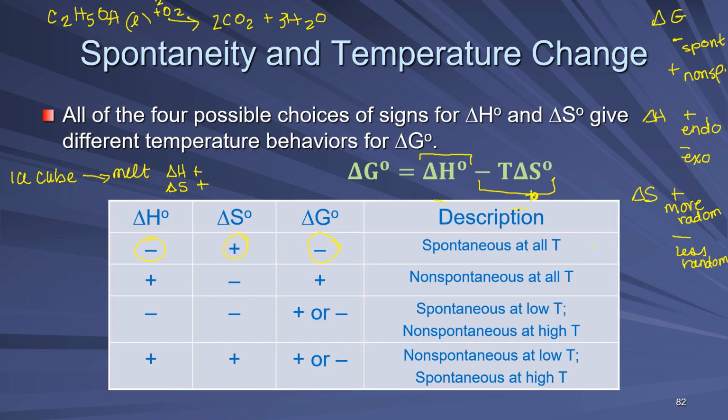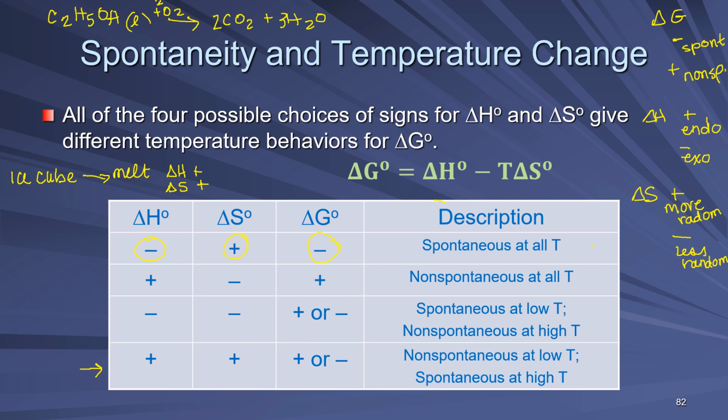So let's think about that. Here, delta H is positive, it's endothermic, and delta S is positive. So that doesn't fit either of the two we've gone over, but it's this bottom one here. Delta H is positive and delta S is positive. Will delta G be negative or positive? Well, it depends on the balance between delta H and delta S, and mostly it's going to depend on the temperature,